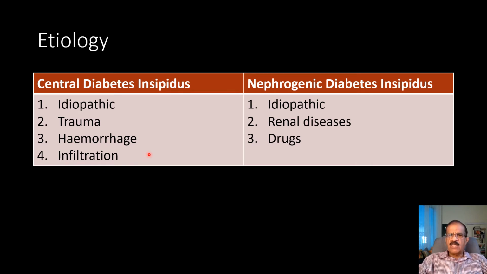Sometimes diabetes insipidus is a temporary condition after head trauma or infection. There is a transient state of diabetes insipidus, but once the infection is over, the pituitary recovers, the hypothalamus recovers, and diabetes insipidus goes away. When it comes to nephrogenic diabetes insipidus, it may again be idiopathic. We don't know the cause, but theoretically the receptors on the collecting tubules, the receptors for the antidiuretic hormone, are deficient